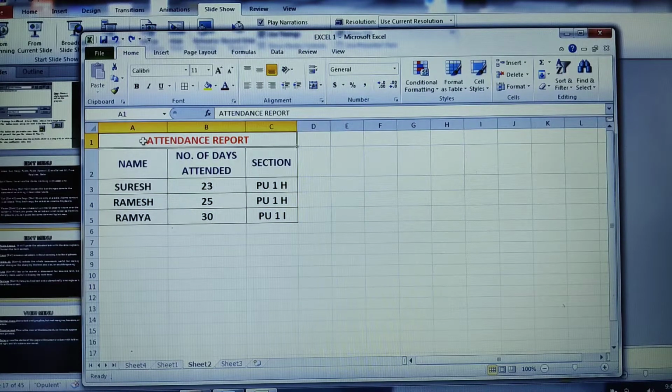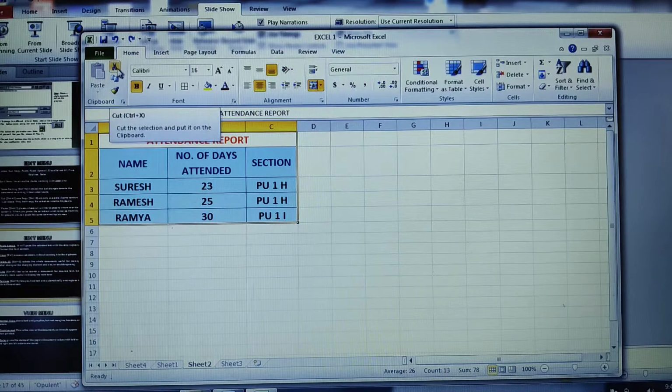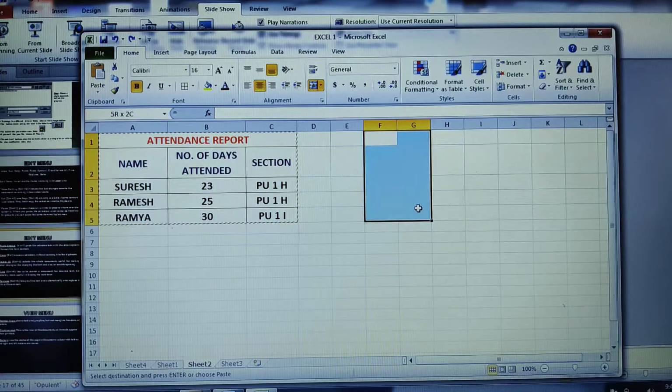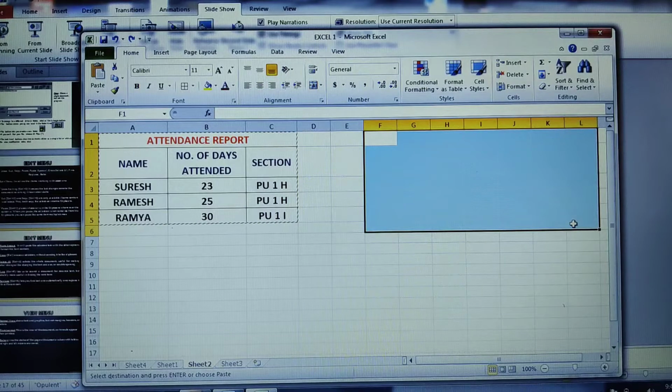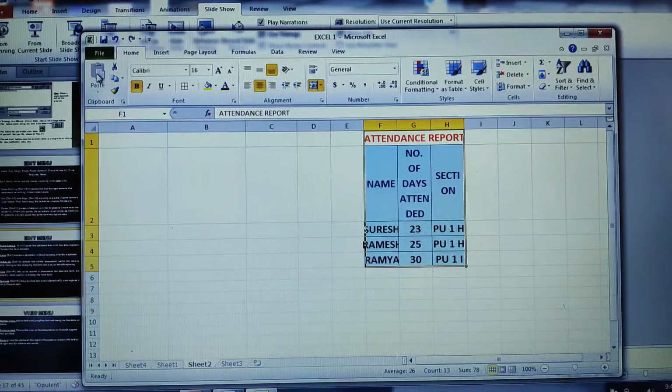Next I have to show you cut and copy. If I have to cut, you just select your content first. Directly you can go for Control X, or you can even choose that from the standard toolbar here. Once you cut, this content will be stored in the clipboard. The next thing, either you copy it, or you can go for pasting it. So here I wanted to paste it, so I'll select where you want that content to be pasted, and click onto the paste option.